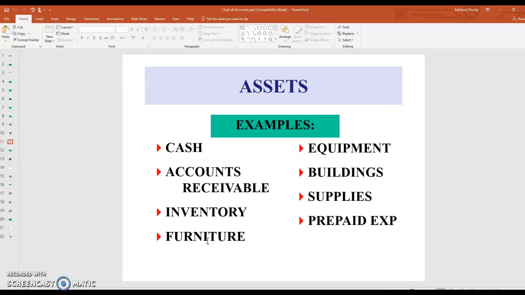And these are desks and things like that. And fixtures are things like lights and display cases, things that are attached to the walls or attached to the flooring. They're now part of the business, a building, as opposed to furniture,